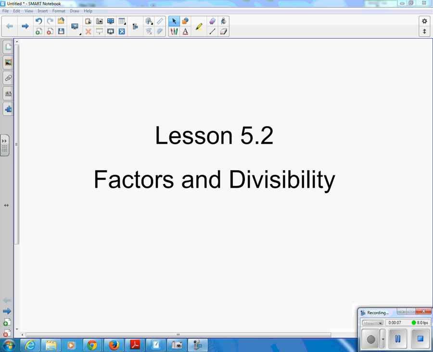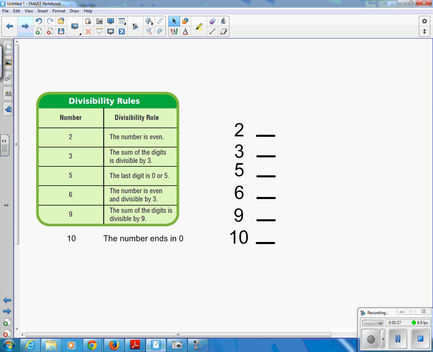We're in lesson 5.2, this one dealing with factors and divisibility. We saw in lesson 5.1 about factors. Factors are numbers that you multiply together to get another number. Well, if you know the divisibility rules, it's going to be easy to see if one of the numbers is a factor or not. We have to memorize some rules, and these rules are: